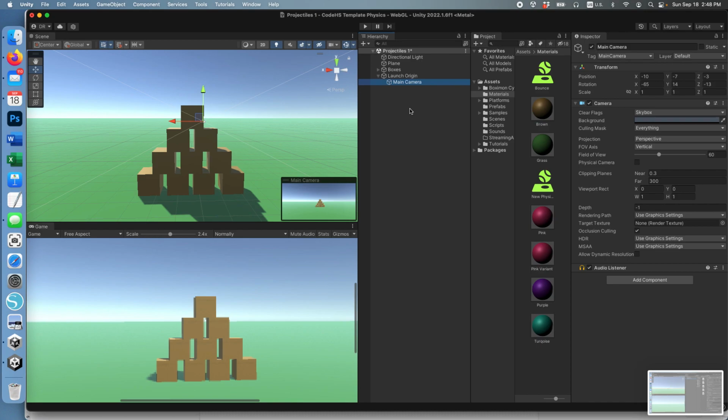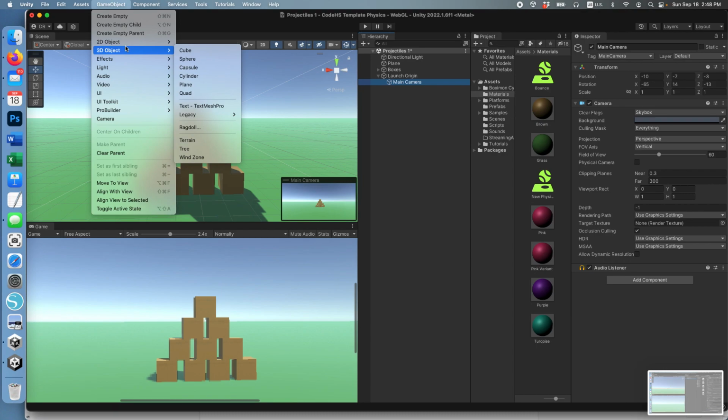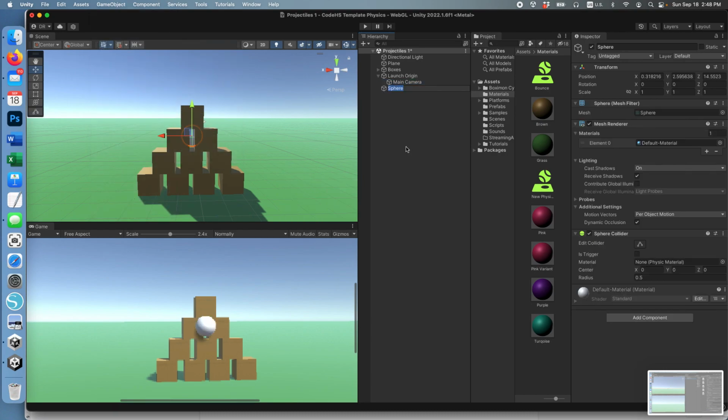Now we're going to create a prefab for our ball. So again, we're going back to game object 3D. This time we're going to do sphere. And we're going to name sphere to ball to create our prefab. We're doing position and rotation of 0 on all axes for our sphere. And then we are going to add a rigid body component under